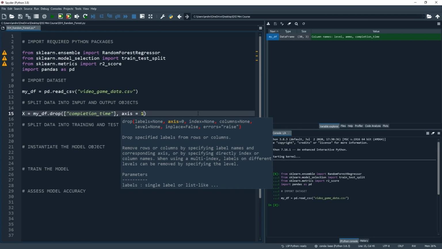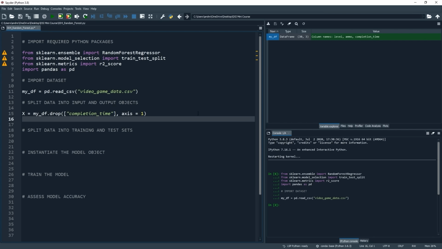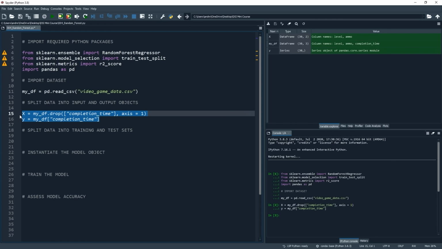And this just tells Pandas that we're wanting to drop a column rather than a row, as the drop functionality that we are using can be used for both. Now down onto the next line, for our y object, let's just keep completion time, and this is quite easy to do. So y equals my_df again, and then square brackets, and again we're just going to put in completion_time. Cool, so let's run these two lines of code to create those objects.